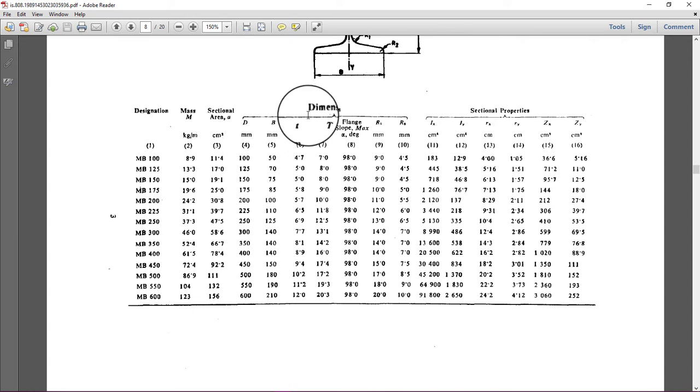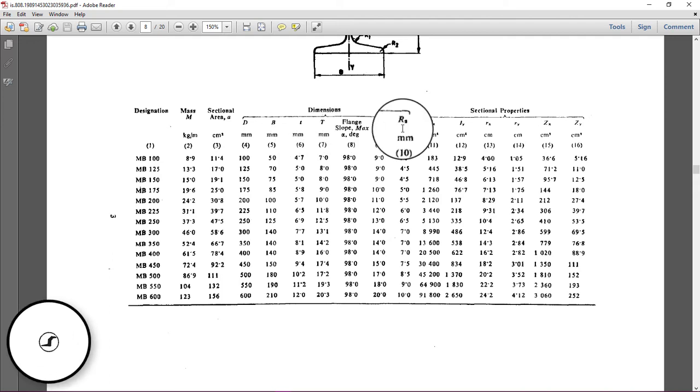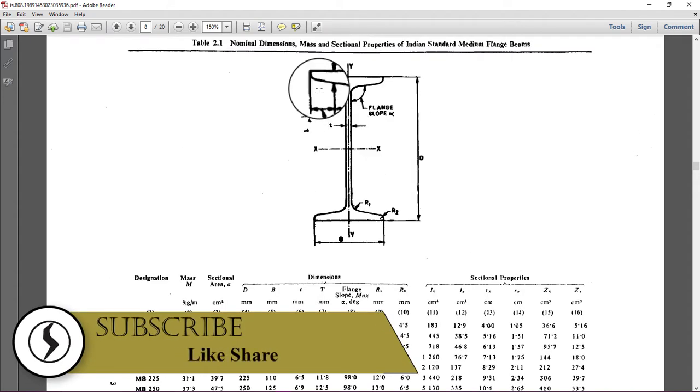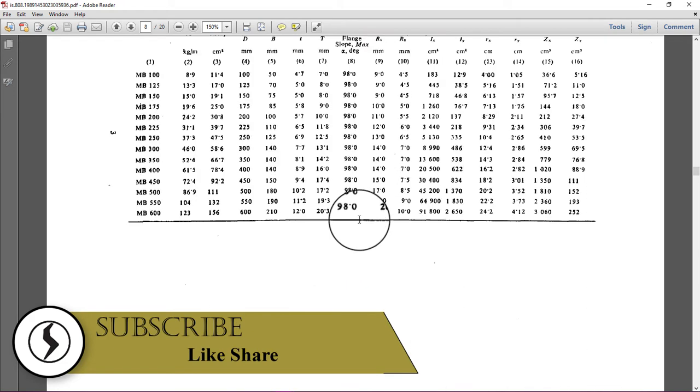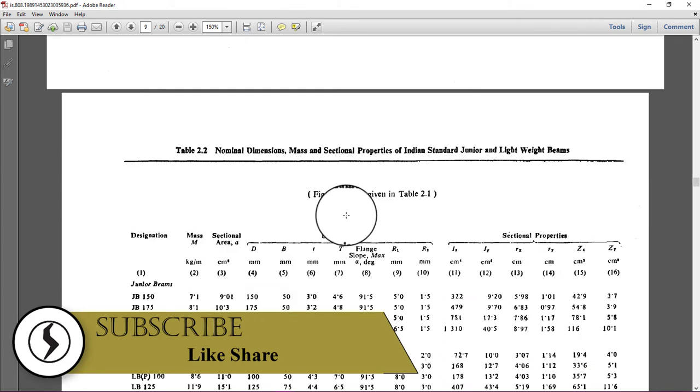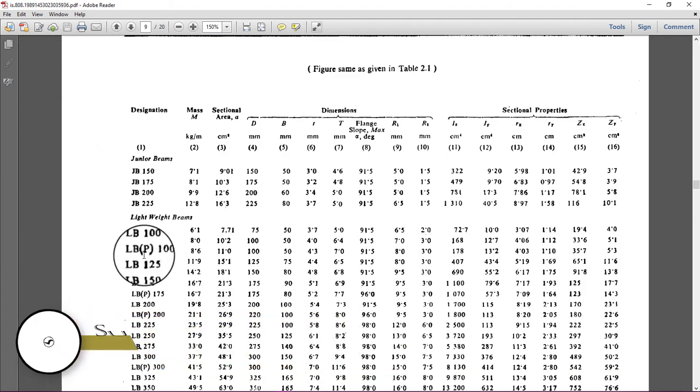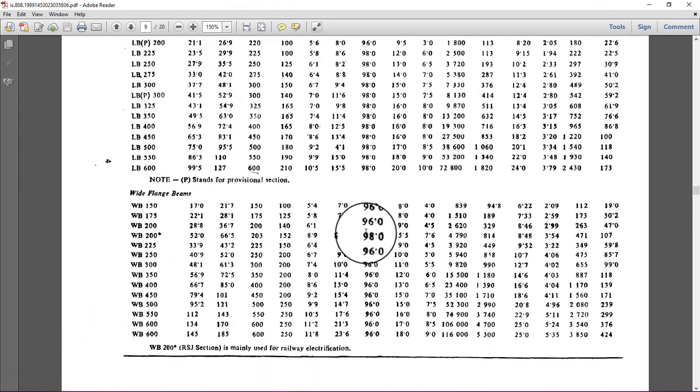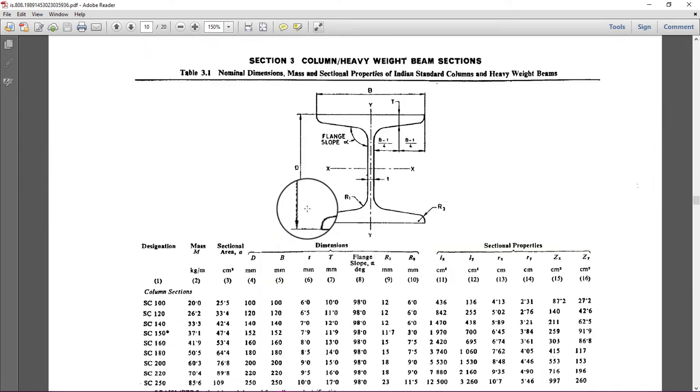And in the dimensions you can see the depth D, B, thickness t, flange, all the terminologies are here. So just put the value and get the result. Likewise, if you come to the bottom of the page, you will see all the available sizes as per the Indian standard.